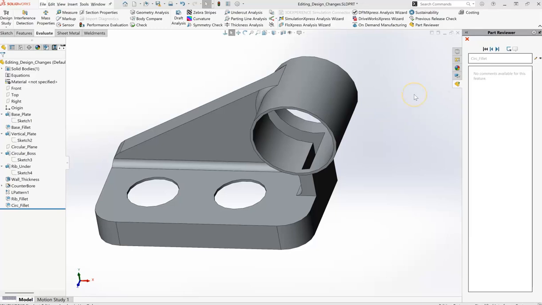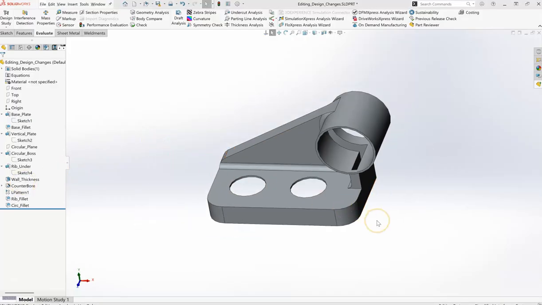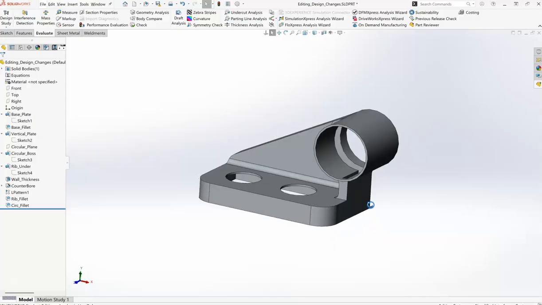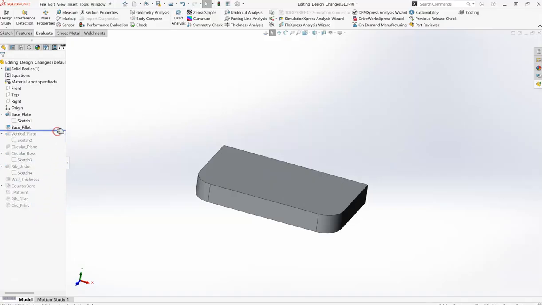Okay, let's continue from the last video. We're going to go ahead and close this part reviewer. So we're going to look at making some design changes here. And one thing I want to look at here is the rollback bar. And if I roll this up manually up to, say, here,